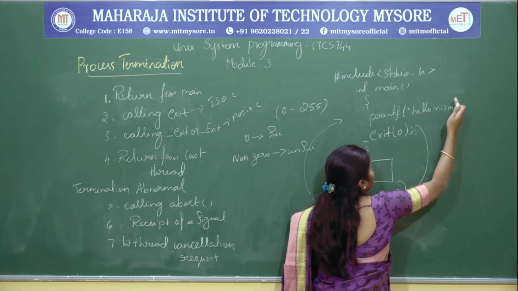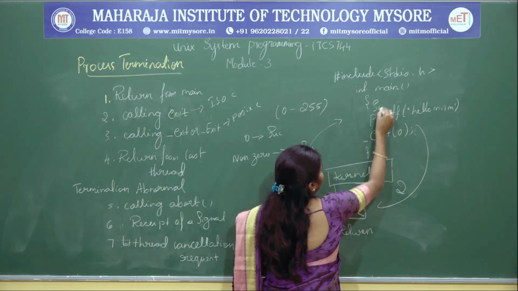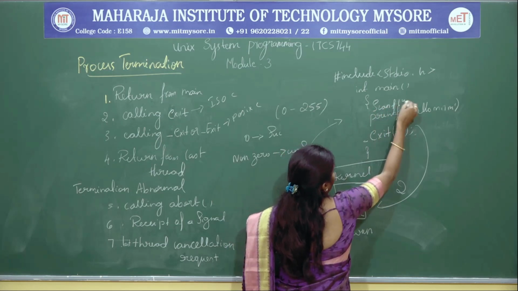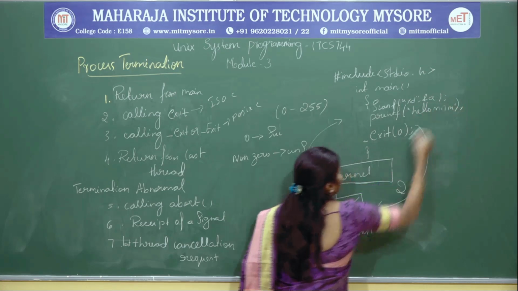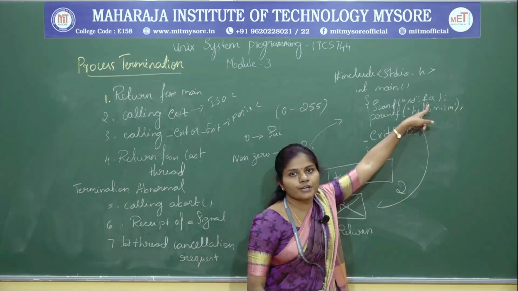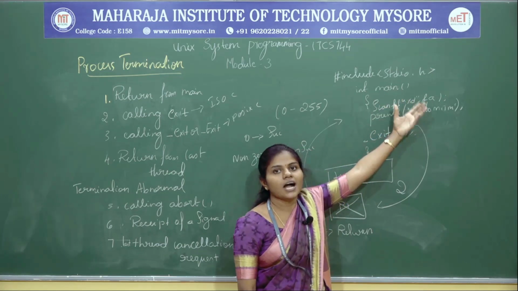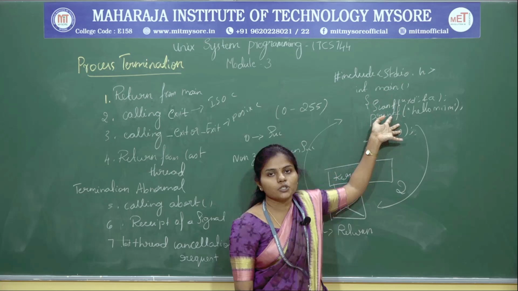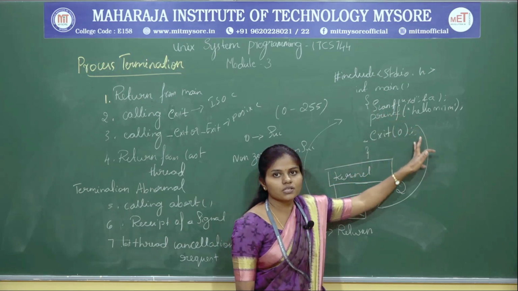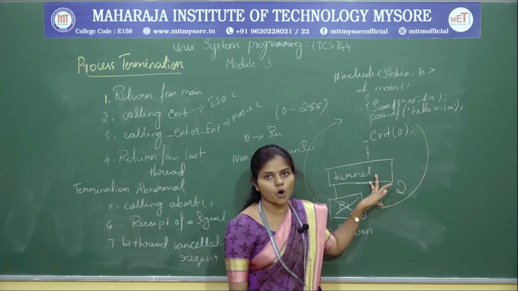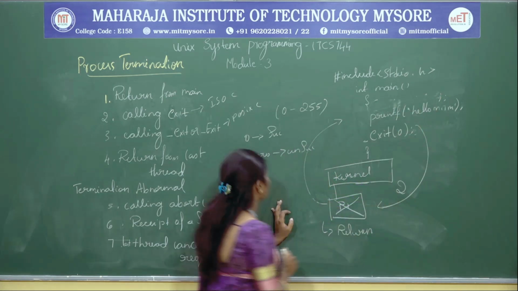Why? Because the program is going to have some error. See here, you missed the semicolon, or you included the statement scanf("%d", &a), but you have not declared any variable a, yet you are reading the input from the user, that is a. In that case the program is going to run unsuccessfully, right? So the process is going to terminate abnormally, right? So this is how the program is going to be executed.